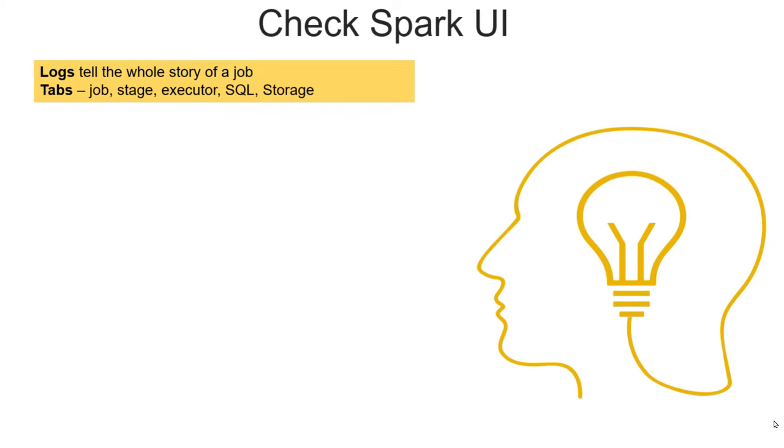On the Spark UI, there are multiple tabs like job, stage, executor, SQL, storage. These are extremely important and they give us lots and lots of information. If you go through each of these tabs in detail, it will show you how many stages are there in the job, how many tasks are there in a stage, and the detail of each and every stage and task. So going through the Spark UI is our first step to performance optimize our code. Within job you will have stage and task. You can even look at the DAGs at stage and task level.